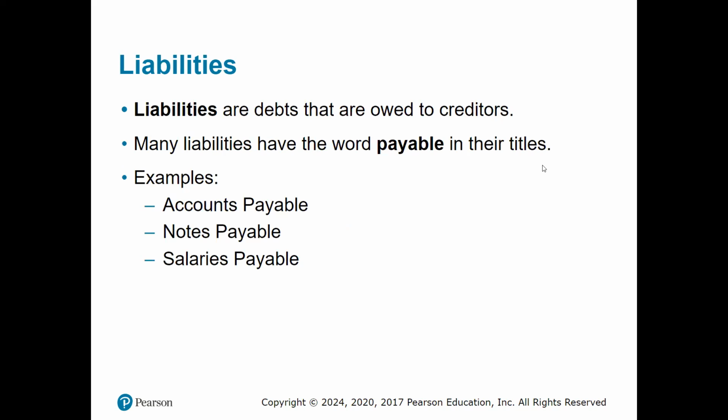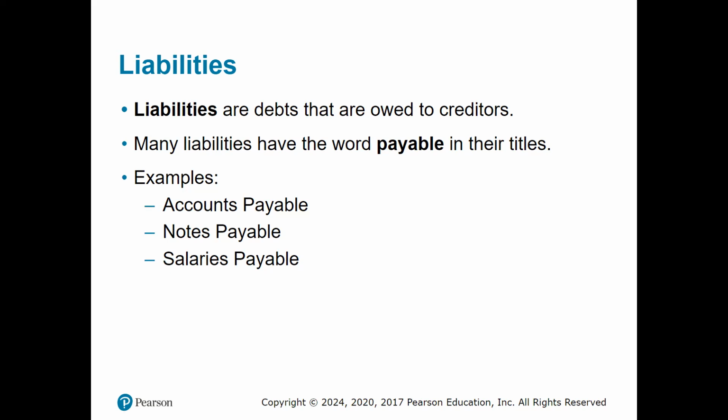Now, on the other side, we have liabilities. So liabilities are things that we have to use our economic benefits for later on. Like money that we owe to outside people or entities that will require us to use up our assets at a later point in time. So lots of times current liabilities will have the word payable in the name, and that means that we would probably be paying for that in a year or less.